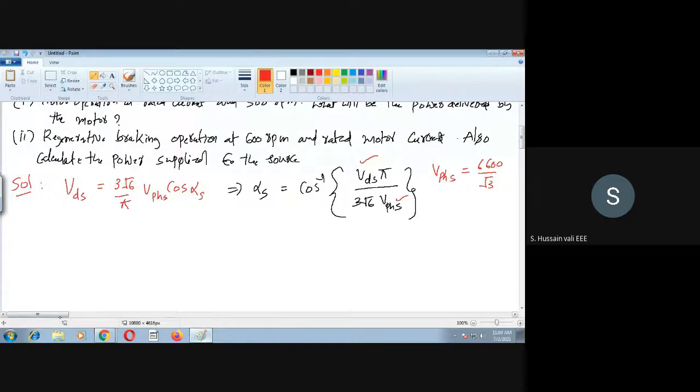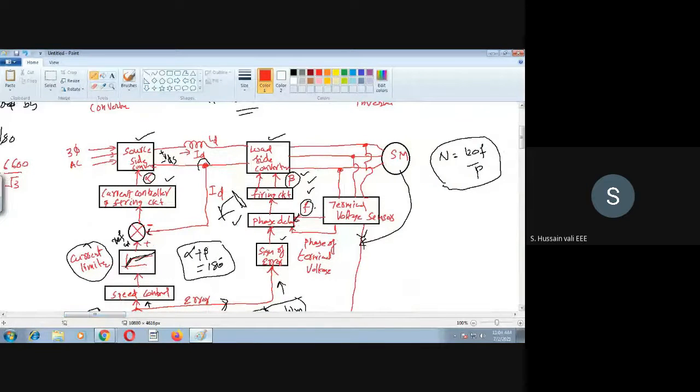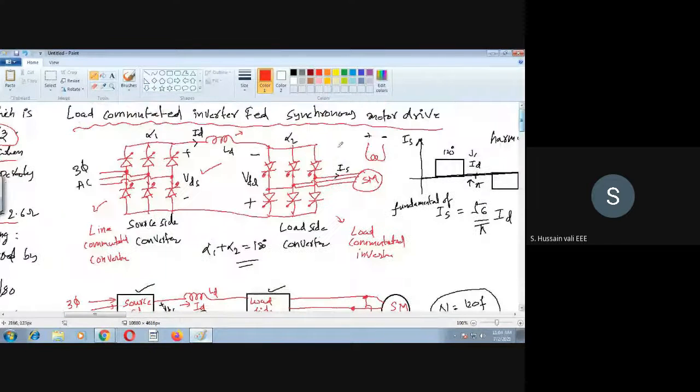How do we find out VDS here? So let me go to the circuit diagram. Yeah, this VDS we need to find out. What is the procedure to find out VDS? Then we have one relationship. We can apply KVL here. We search all these things, then we need to find out the alpha here. That's the thing we are doing now.